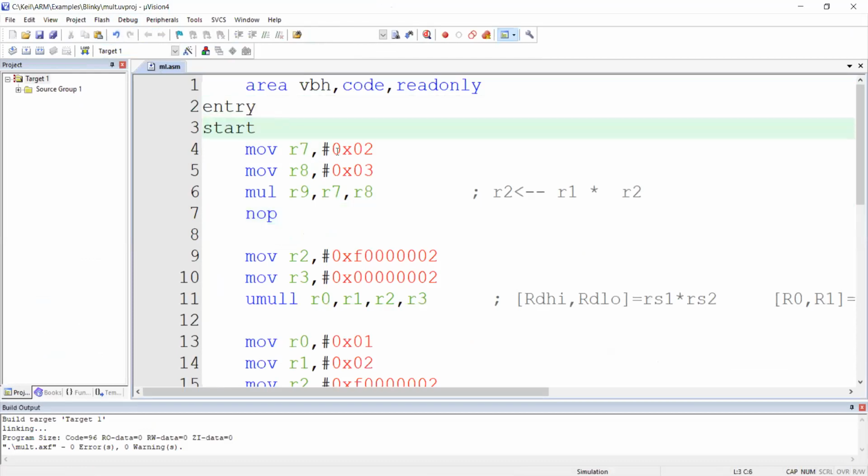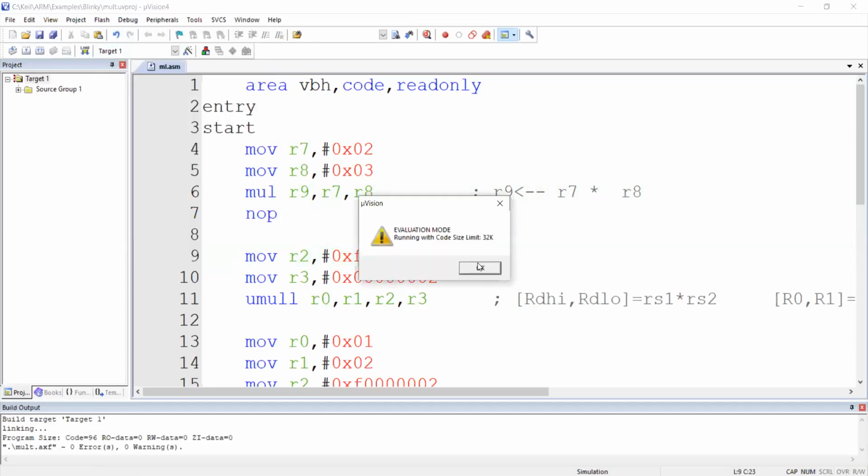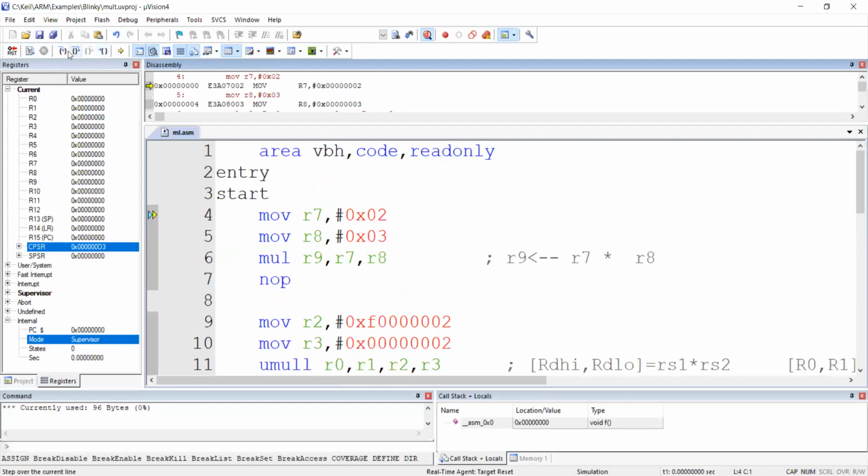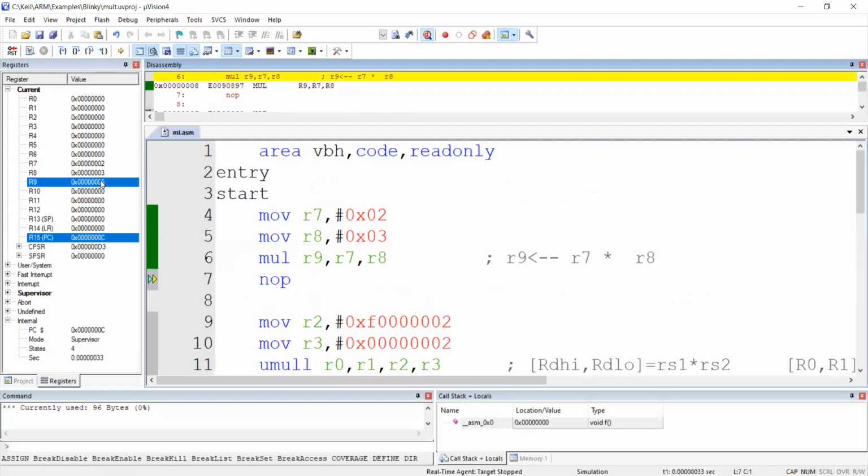See, what I took is the same program, whatever I explained, 2 into 3. So here it is R7 into R8. Here I have done the changes. This should be 9. This should be 7. This should be 8. Okay. So now what is the answer in R9, the expectation? R9 answer, 2 into 3. See, the answer is 6. So that part is right.